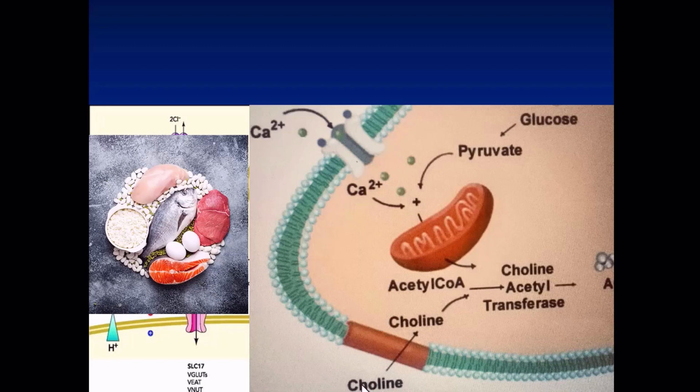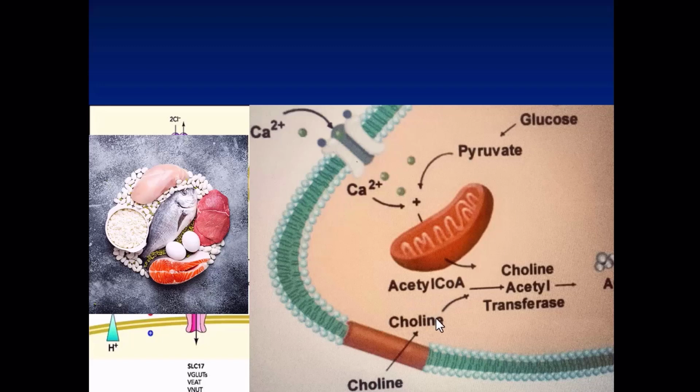This choline is taken up by a transporter channel present on the neuronal membrane, and when it is taken inside to the presynaptic neuronal cytoplasm, we have mitochondria, which from glucose and pyruvate produce acetate or acetyl